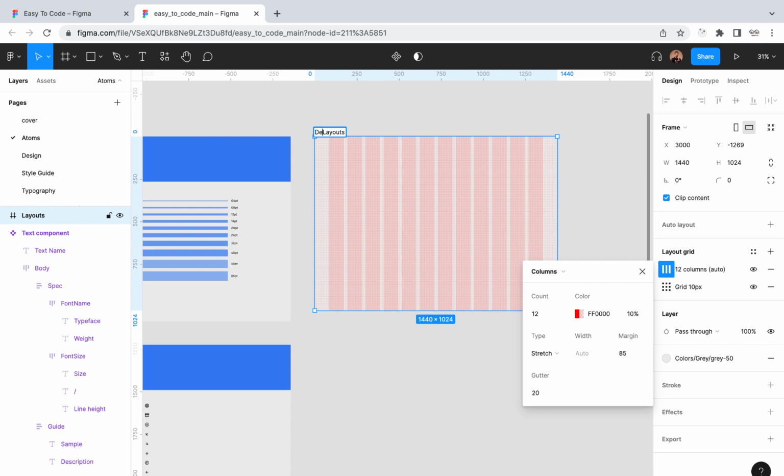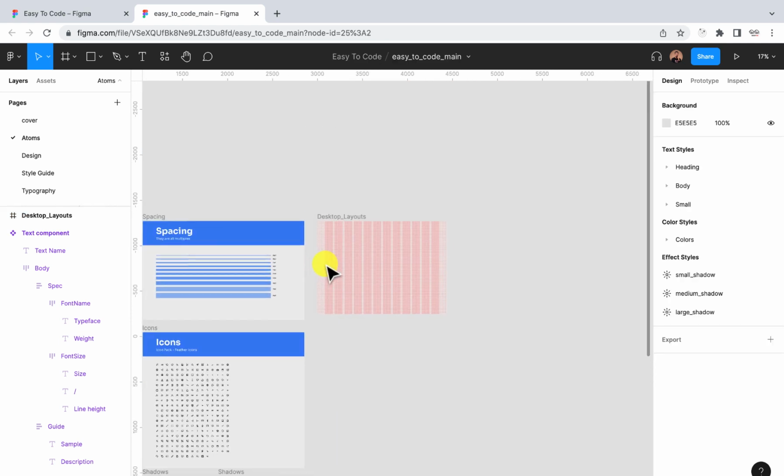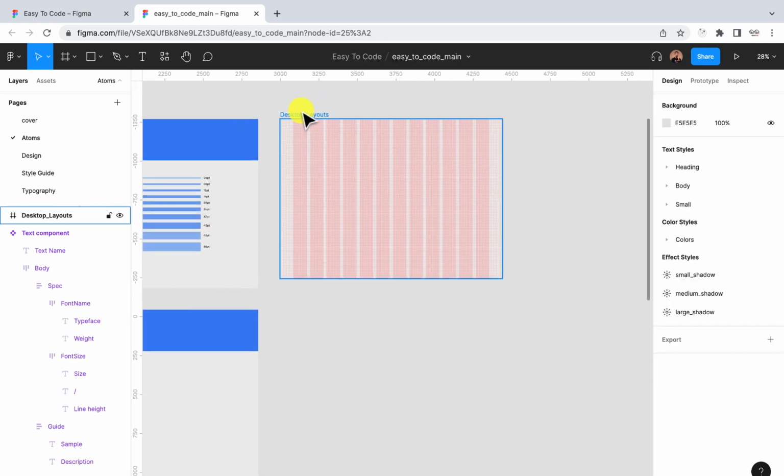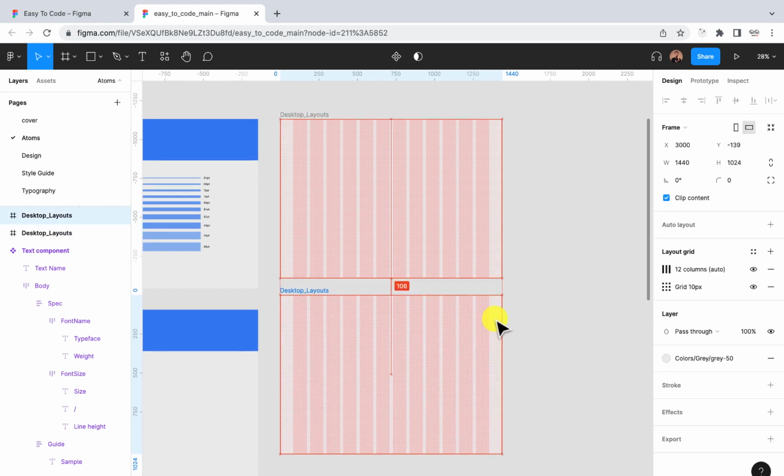It depends on how you want to go about it. So you can say desktop underscore layout, stuff like that. So you are using a 12 column count, and let's reduce this. So for